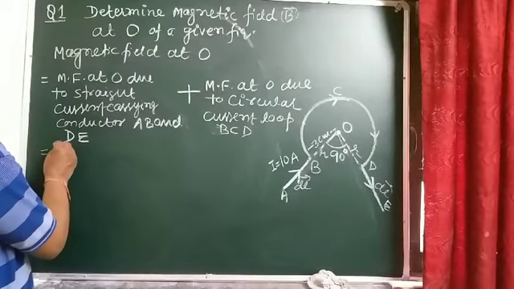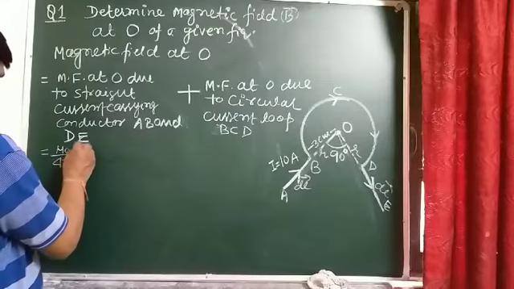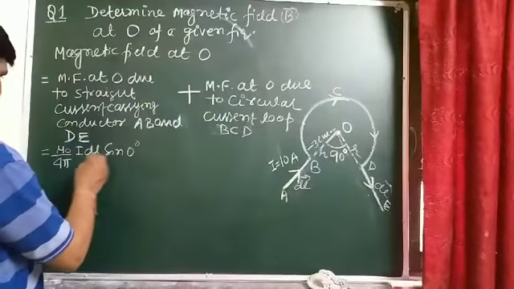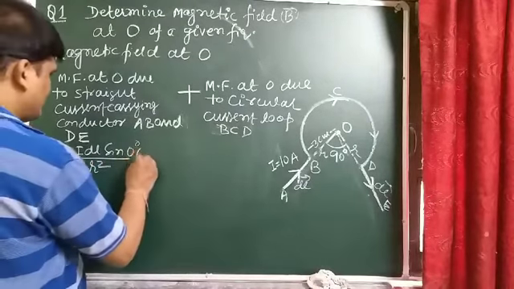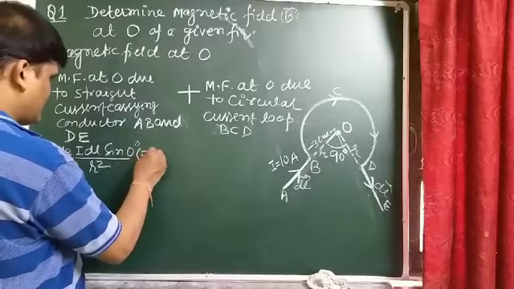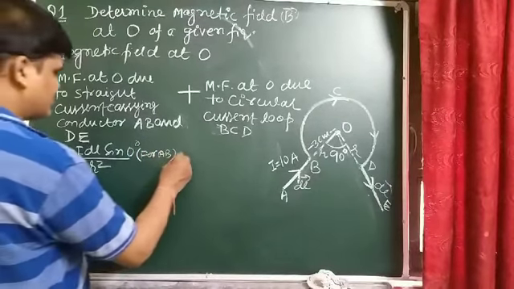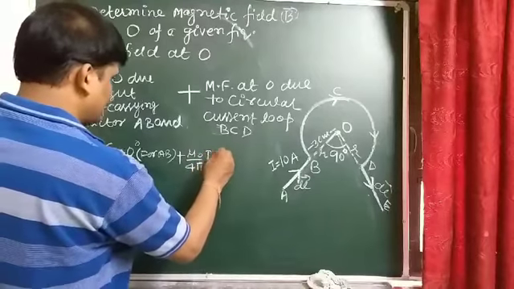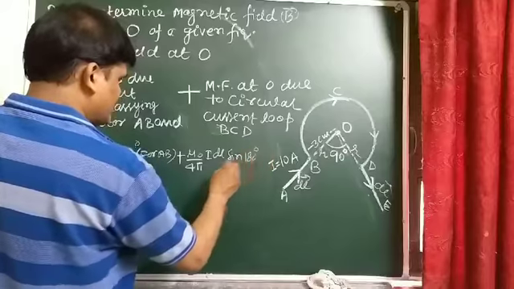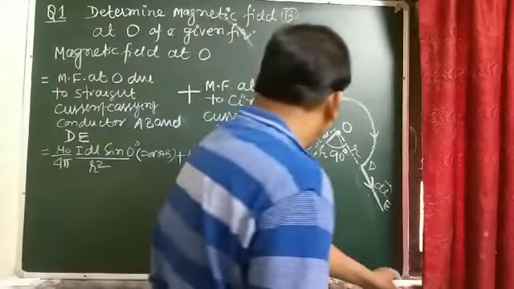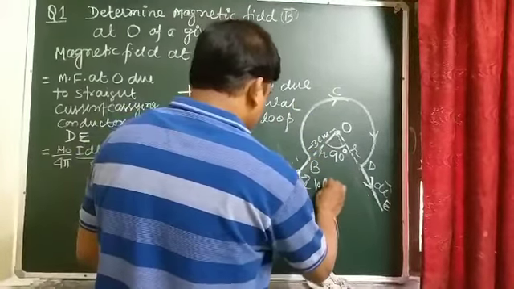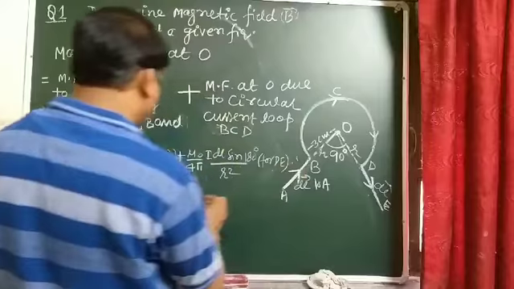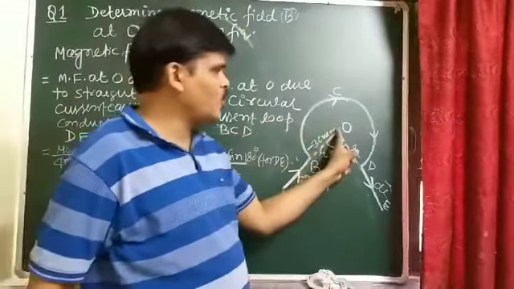So we can write it in this form: mu naught by 4 pi I dl sin 0 by r square, this is for the AB conductor, plus mu naught by 4 pi I dl sin 180 degree by r square, and this is for the DE current carrying conductor, plus the magnetic field at O